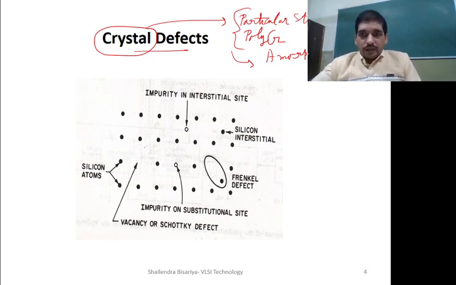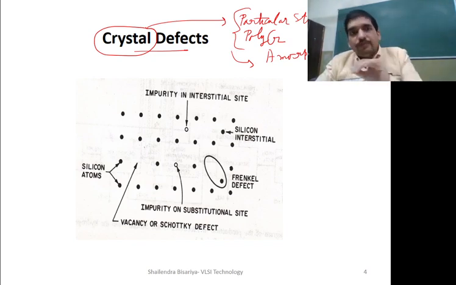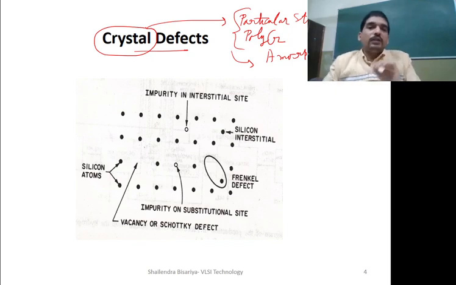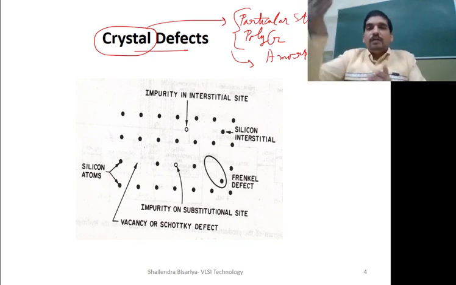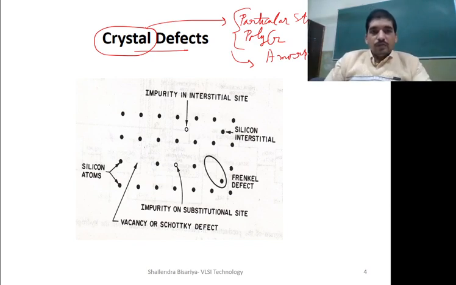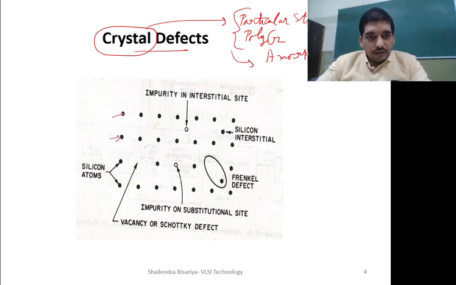Now the point is that if we are obtaining single crystal structure, which types of defects may appear in this structure? When we are able to understand what the possible defects are, then only will we be able to understand what the effect of those defects will be. So this diagram is showing you some of the defects in the structure. These black circles are simply the arrangement of silicon atoms in the lattice.